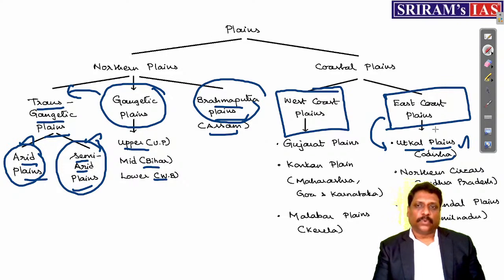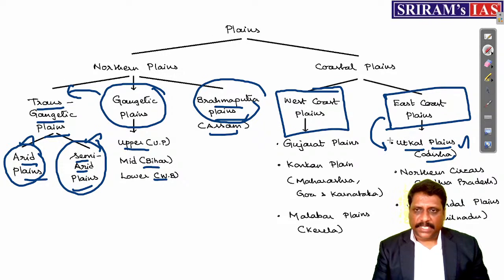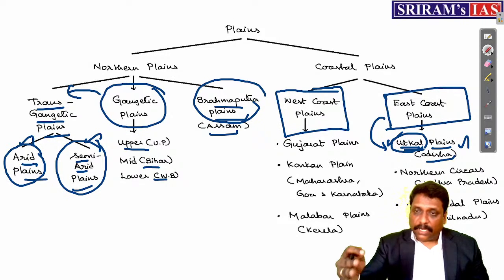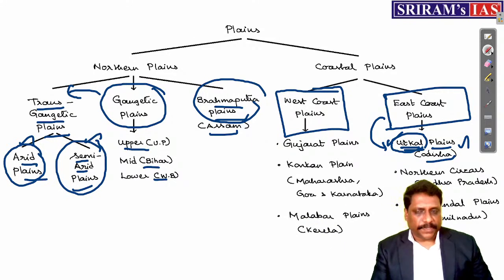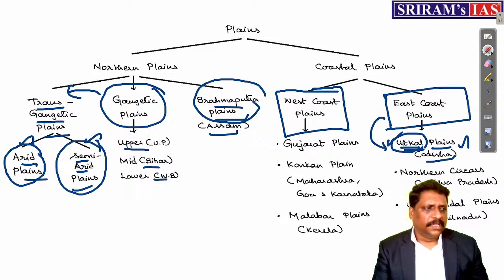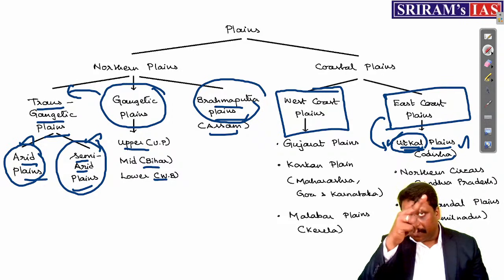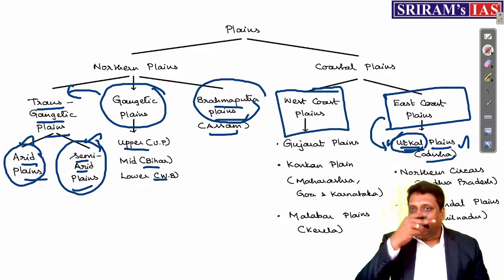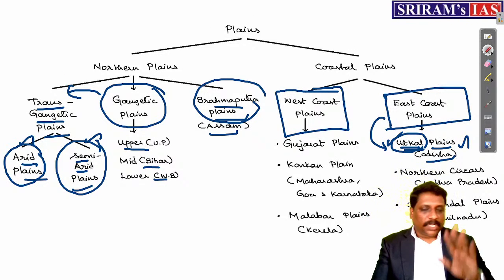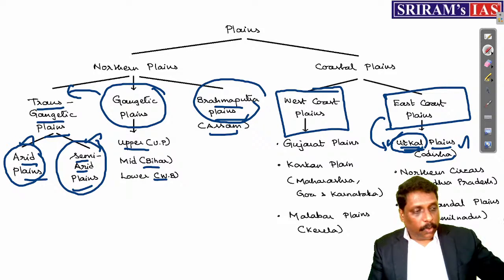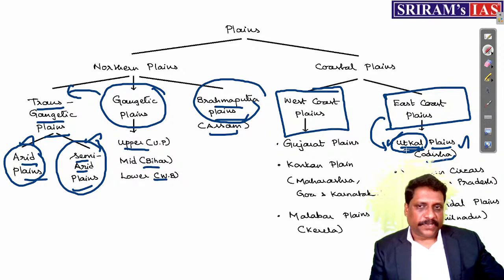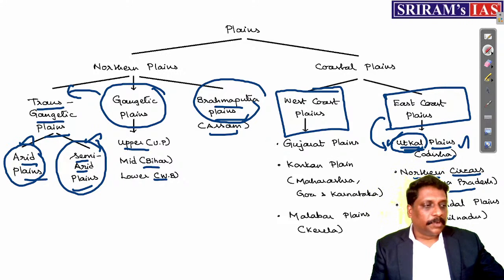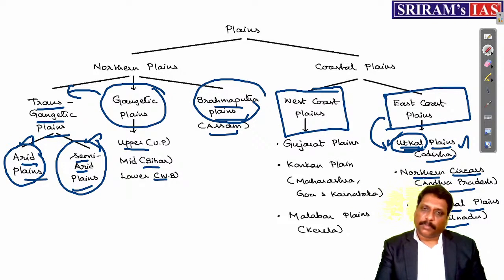When I talk about East Coast plains: Odisha, Utkal plains. Utkal is the older name of Odisha. Even in the national anthem, my dear friends, Odisha is referred to as Utkal. Punjab, Sindh, Gujarat, Maratha, Dravida, Utkal, Banga. Utkal is Odisha. See, the national anthem is perfectly geographic in orientation, and I appreciate the order that is followed. It's a beautiful order. If you start locating it, you will find the continuation. Utkal is the older name for Odisha. Kalinga, Utkal, etc. Northern Sirkar Plains, Andhra Pradesh, and Coromandel Plains.